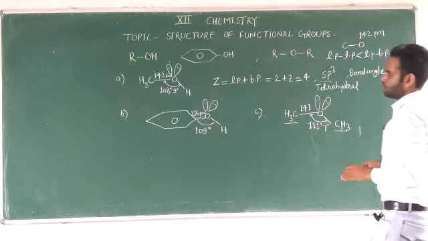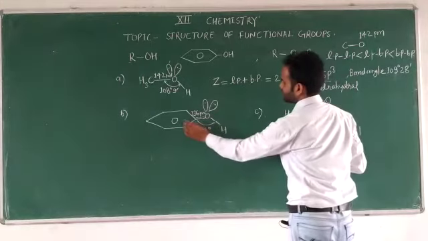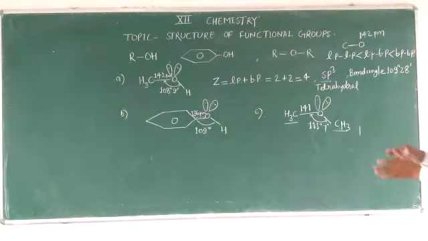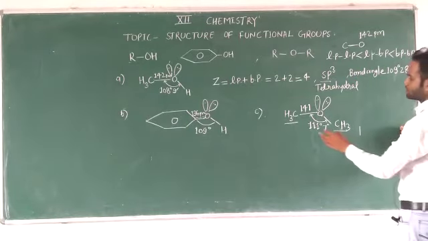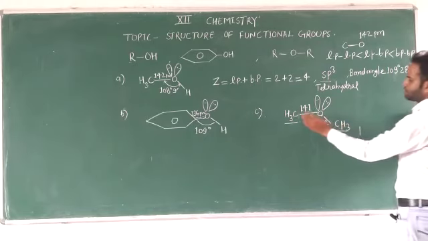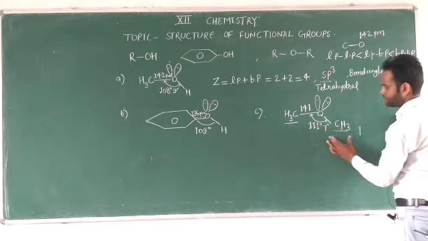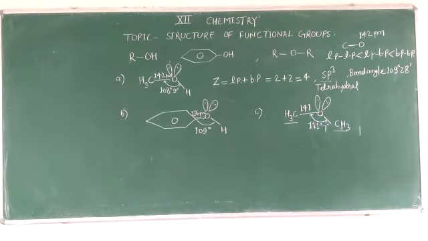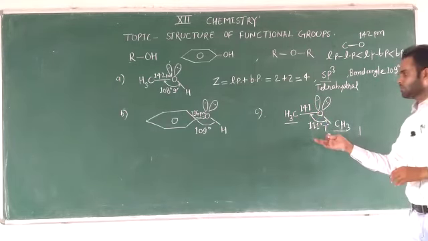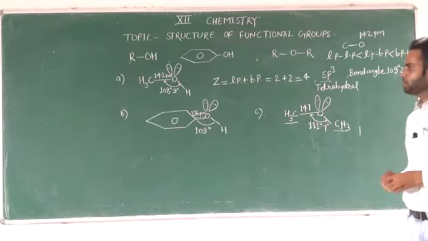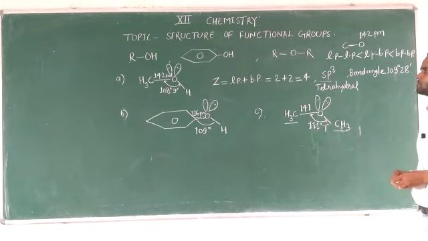And in the case of phenol, because it has a bulky ring, the bond angle would be approximately the same. And here in ether, because on both sides it has two bulky groups, the repulsion between the two bulky groups is more than the repulsion between the lone pairs. That is why it is slightly more than the usual bond angle, which is 109 degree 28 minutes. So I hope the structure of functional groups is clear. Thank you.